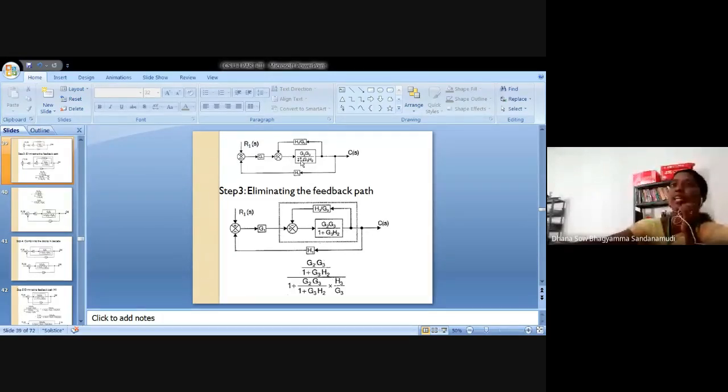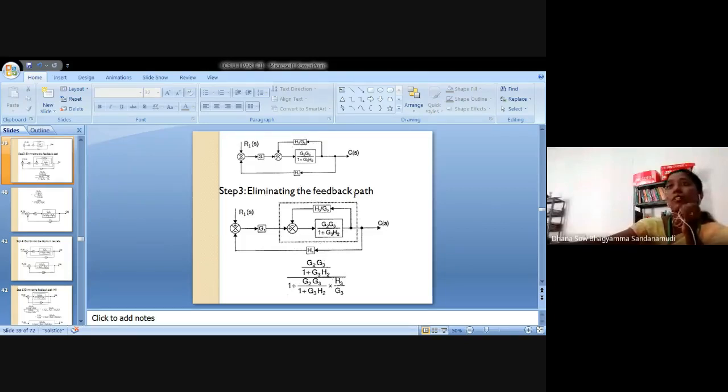The signal which comes away from the summing point is the forward path gain. The signal which is coming away from the summing point, whatever gain value or transfer function is there in that signal, that is the forward path gain. The signal which is directed towards the summing point, that is our feedback path gain. Okay, so gain in that signal. Not that signal, but gain in that signal. So you will get this magnitude by 1 plus this magnitude into this magnitude.